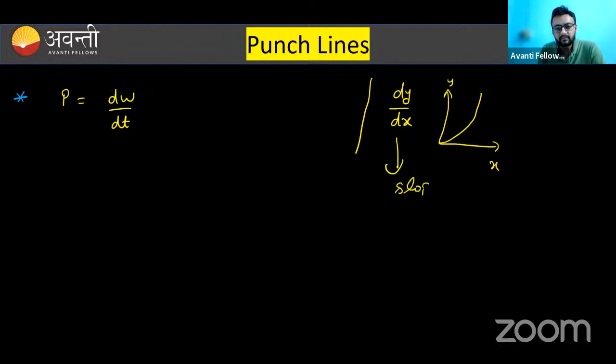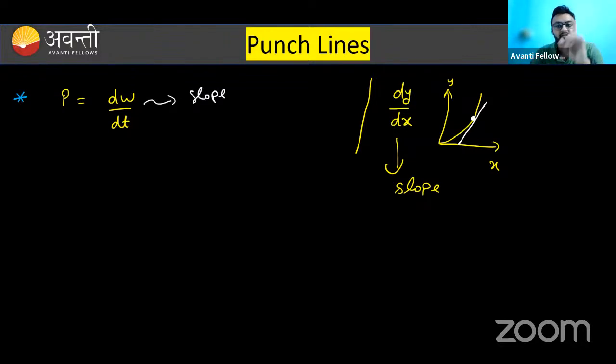The meaning of this dy over dx is what? Slope. Slope is called the tangent. So what if I say dW over dt? dW is work done, t is time. So dW over dt is the slope of